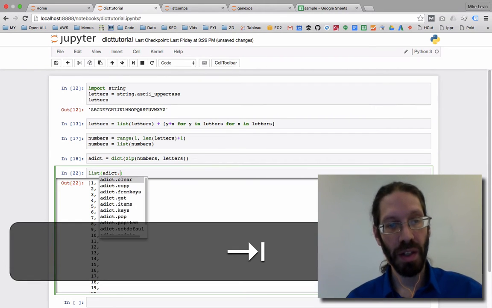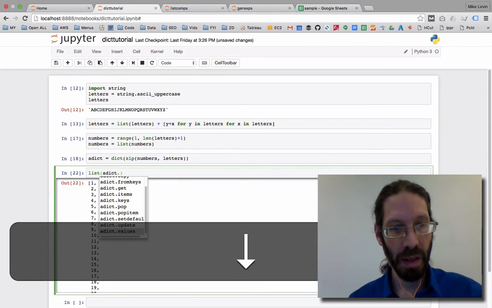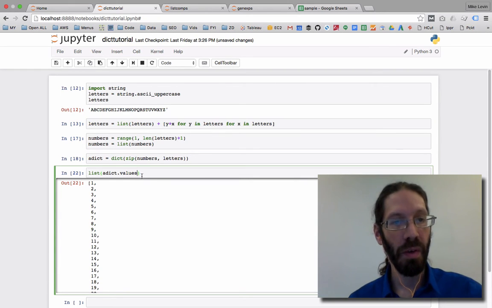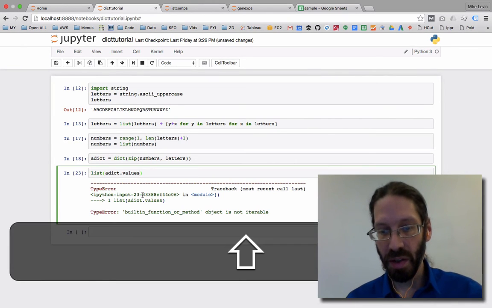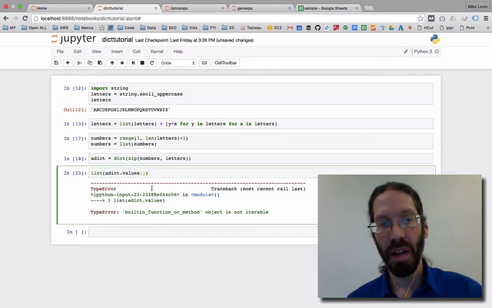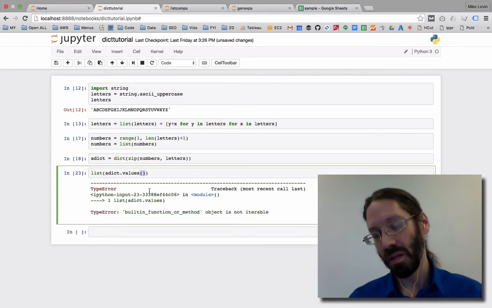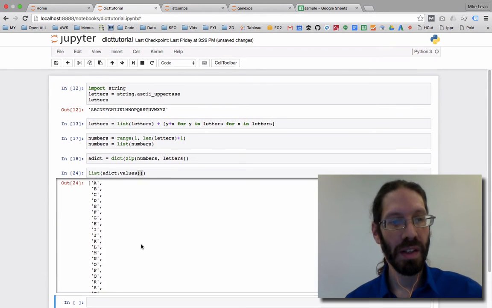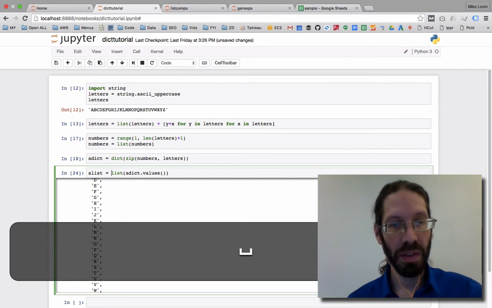So naturally, we can just go like this. I'm not great at this IDE type interface yet, but I guess I can hit enter. There, see? Now, you would think that would be it, but you'll remember the lesson. Whenever you're reaching into a method to actually execute it, you have to put this open close parenthesis. That basically means execute this instead of using a pointer to the object in memory. You want to actually run it. So there is a list of the values, and if you were to say a list equals,